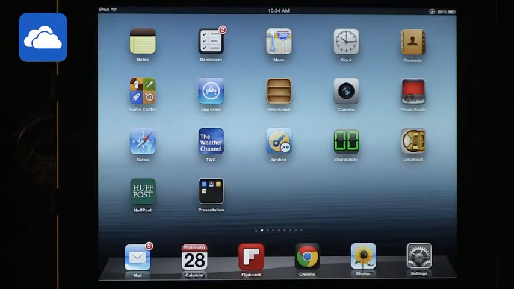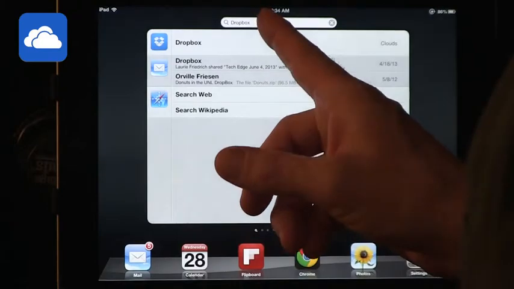The second app that I want to talk about, and I'm going to do that briefly, but I promised somebody I would, is SkyDrive. And SkyDrive is for Microsoft users. If you are a Windows user, you probably have everything linked already to SkyDrive if you have one of the new versions of Microsoft at least. And as a result, you already have cloud storage. iPads, even though they're not Windows machines, do have a SkyDrive app, and it allows you to have access to your